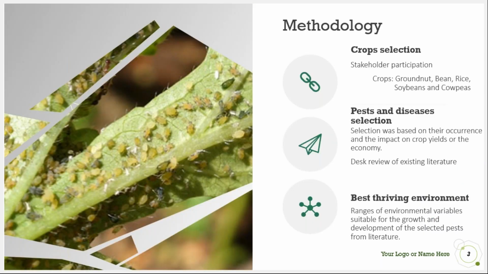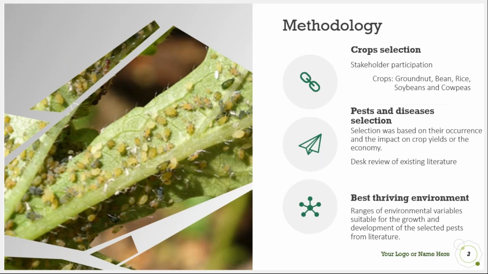So how did we do this? First of all, we had to select crops. This had been done for the project and it involved stakeholder participation, where they had selected groundnut, bean, rice, soybeans, and cowpeas. Then after this, we went to literature review to look at which are the major pests and diseases affecting these very important major crops of Zambia. And this was done based on the occurrence as well as the impact on crop yields,